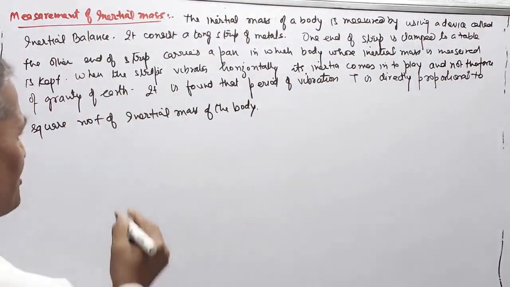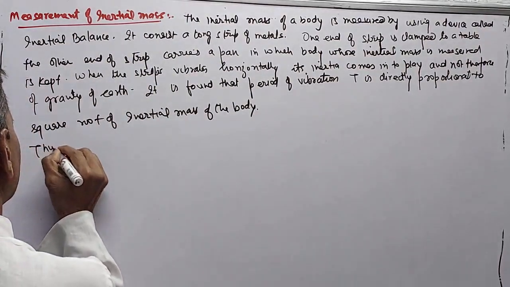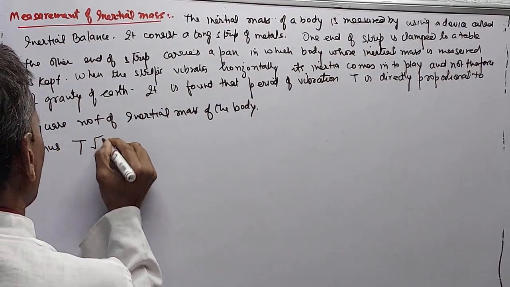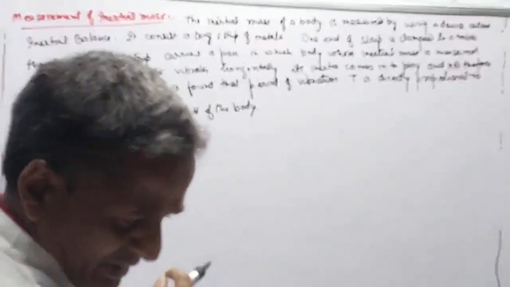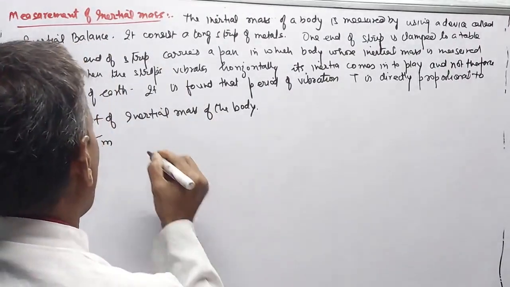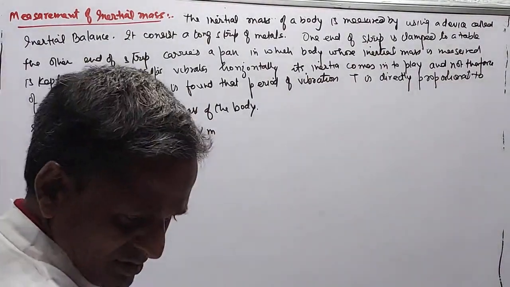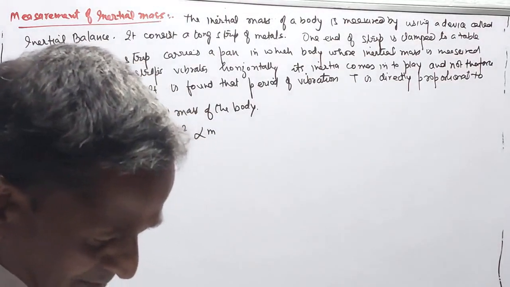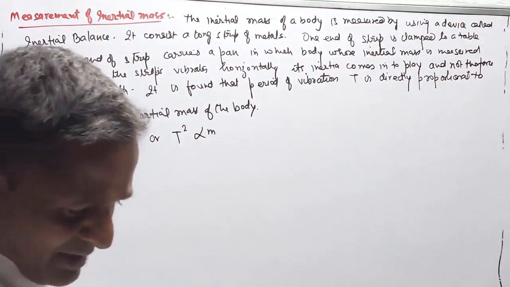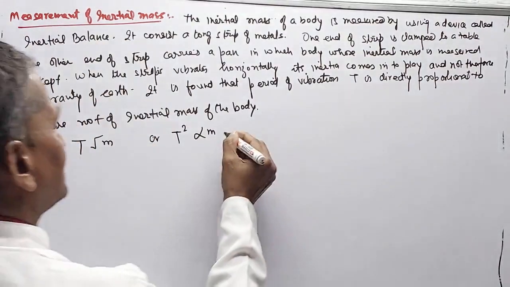Thus T is proportional to root m, or T square is proportional to m. Let m1 and m2 be the